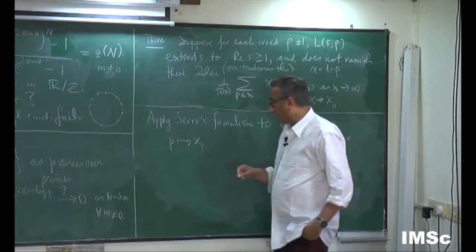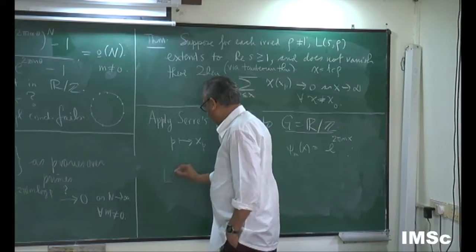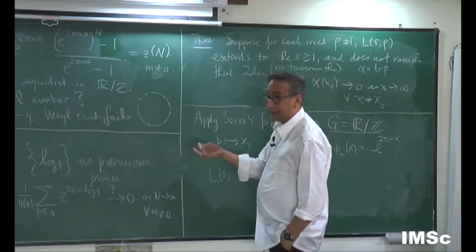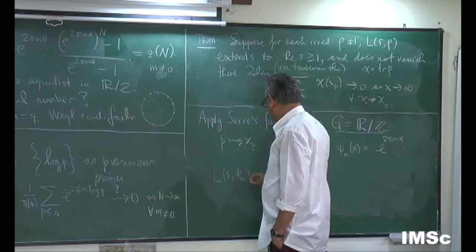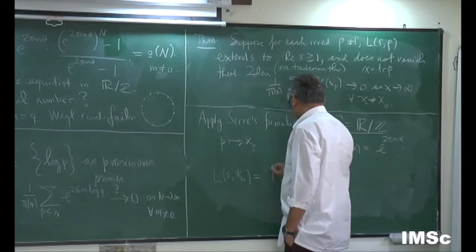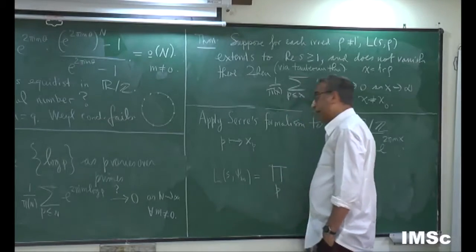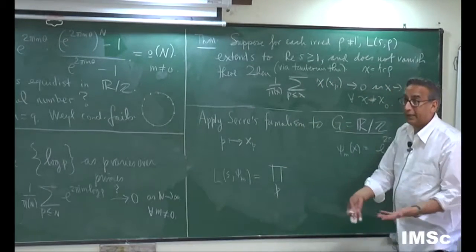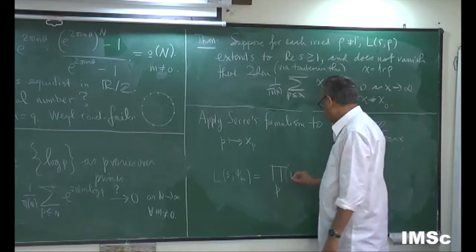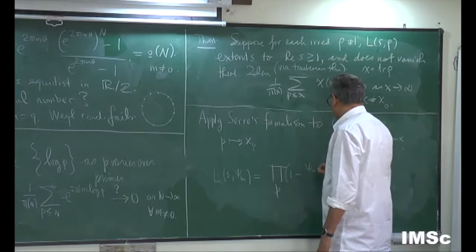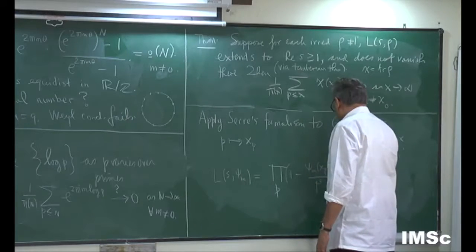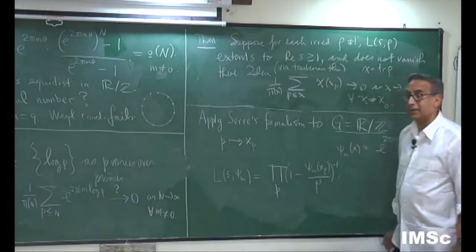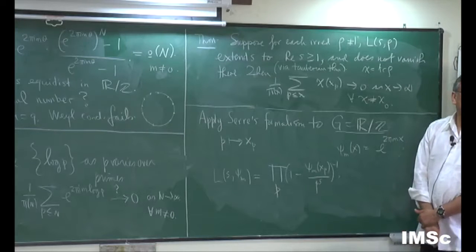Therefore, how do I construct an L function? Well, there's no need to take the determinant because it's not a big representation, it's just a character. So L of s, psi sub m is equal to the product over the primes p. Well, the determinant is just 1 by 1. So it's 1 minus psi sub m of x_p over p to the s, inverse. So these are your L functions that you would have to study in the context of the Sarnak formalism.